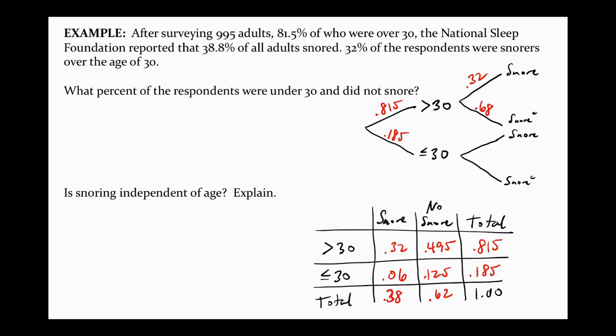Okay, so you did both? Yeah, I did a two-way table and a tree. On the table you flip the variables. Yeah, as long as you have snoring and no snoring on one side, and greater than 30 or less than or equal to 30, it doesn't matter if you flip these or not. So I started with the tree diagram, and the problem was that they didn't tell me anything about less than 30 and whether they snore or not. Doesn't tell me anything about it.